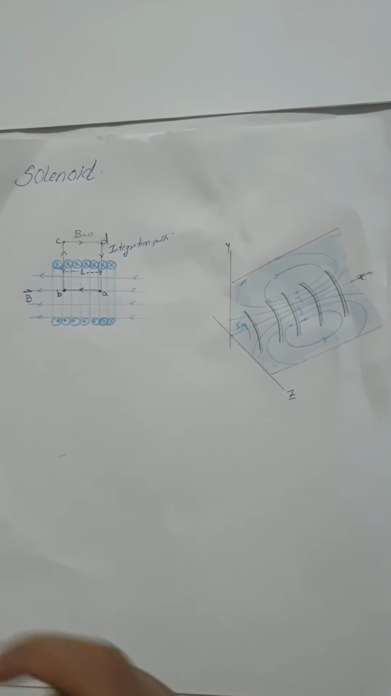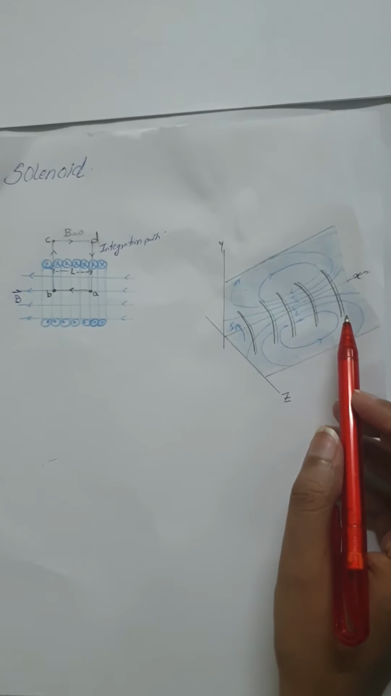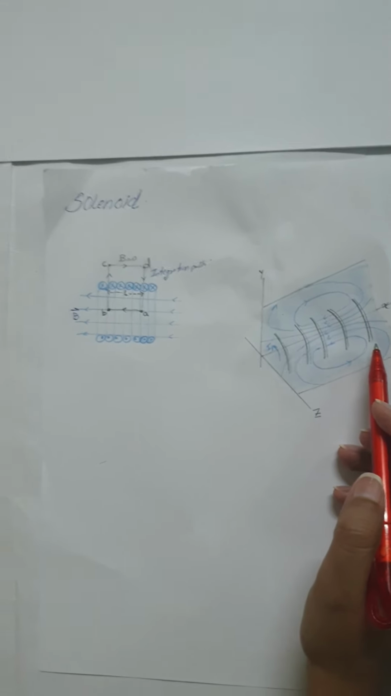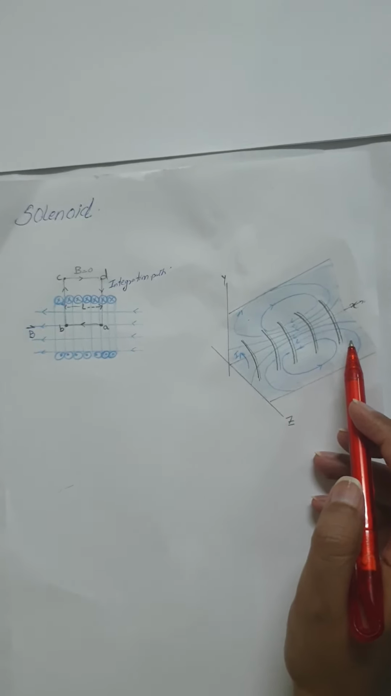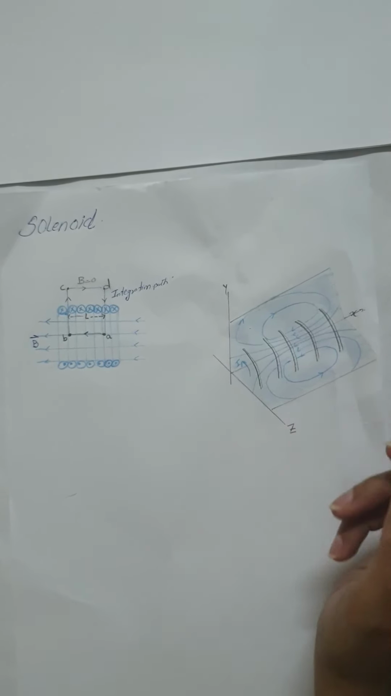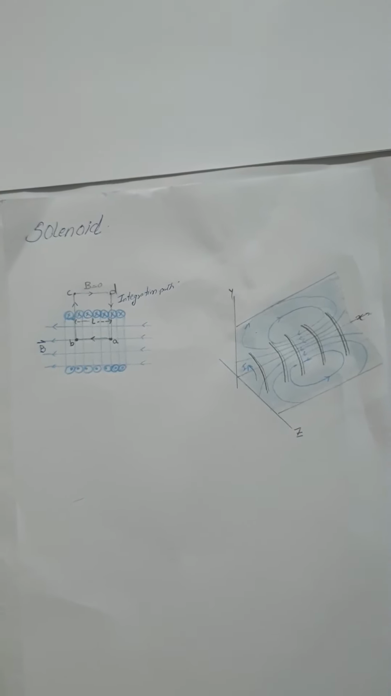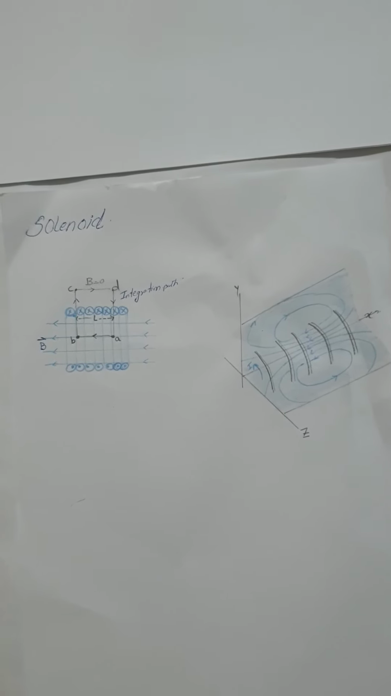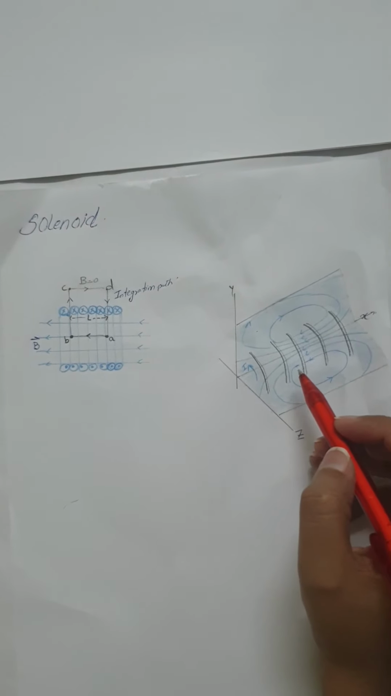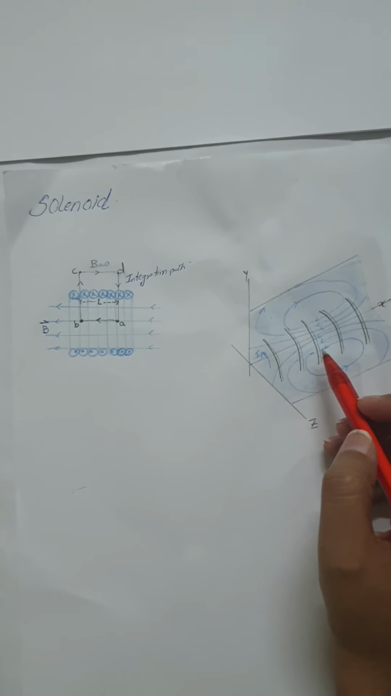There can be hundreds or thousands of turns, but the turns are closely spaced, each of which can be regarded as a circular loop. So here for simplicity we showed a solenoid that has only a few turns, and all turns carry the same current, and the total magnetic field at every point is the vector sum of the fields caused by the individual turns. Here in this figure the field lines lie in the xy and xz planes,